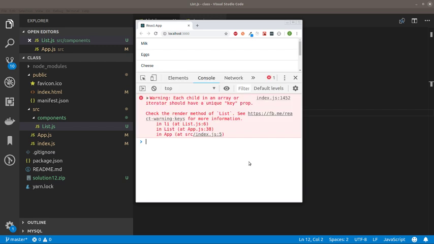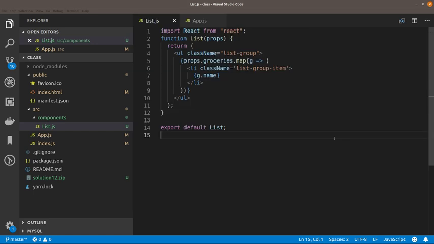However, if we go ahead and look here in the console, each child in an array or iterator should have a unique key prop. Did anyone run into this? Did anyone find the solution to this? So what it's saying is when you're rendering a bunch of elements, you need a special prop on the similar elements that you're rendering, called the key. And the key is used by React to say, okay, I'm going to render a big list of stuff. And when I get new props and I'm about to re-render, I can match up the keys that currently exist, and if the keys have changed,